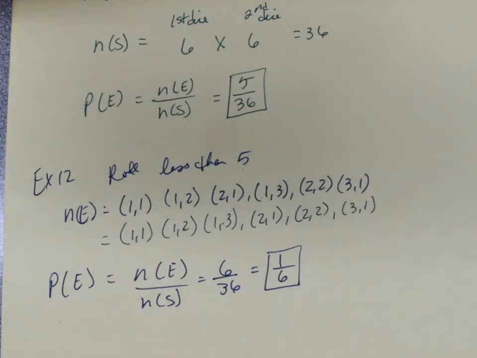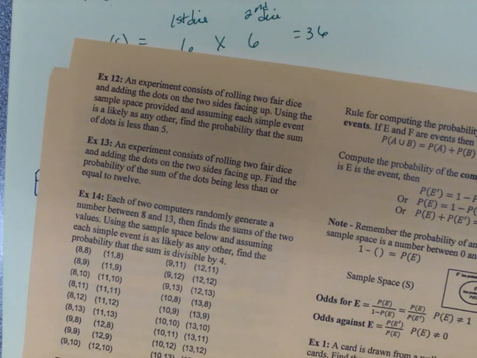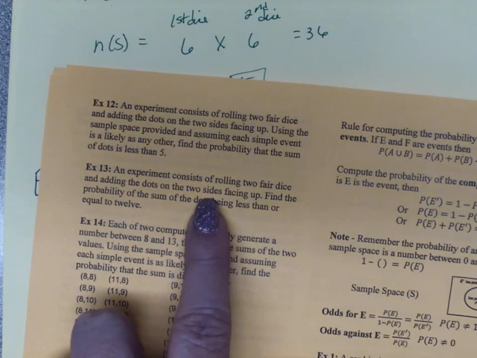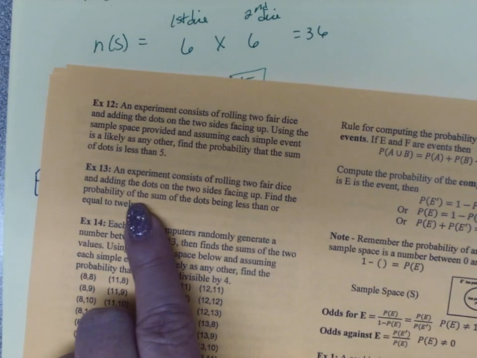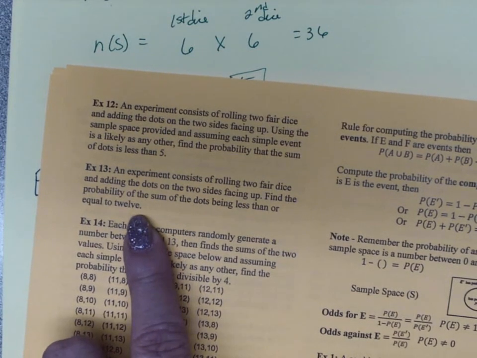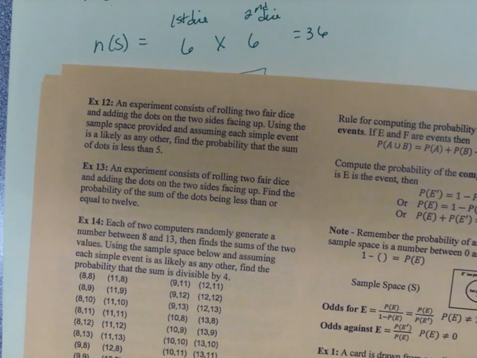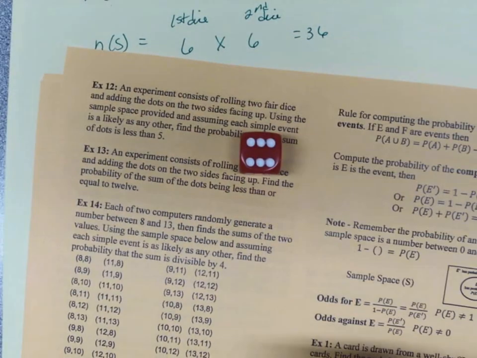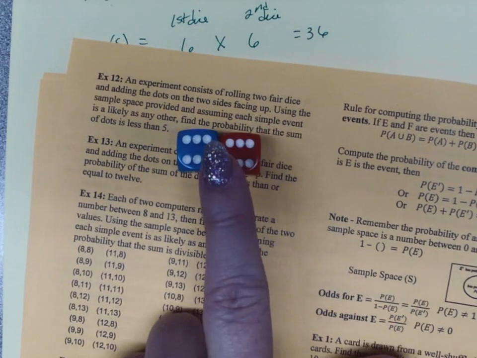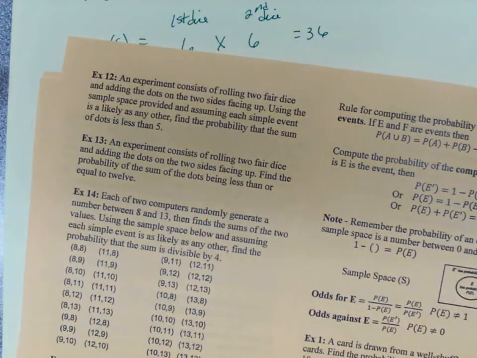All right, example 13. An experiment consists of rolling 2 fair dice and adding the dots on the 2 sides facing up. Find the probability of the sum of the dots being less than or equal to 12. Well, my highest dice I can roll are 2 6s. 2 6s equals 12, right? That means all of the dice below it, no matter what I roll, will be less than or equal to